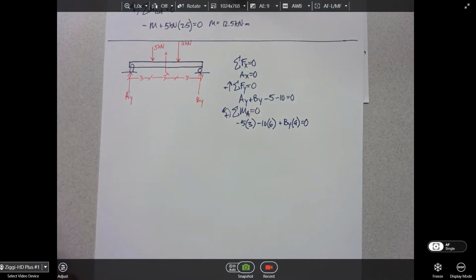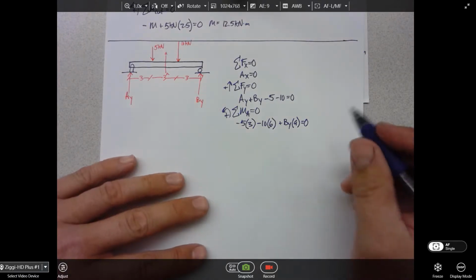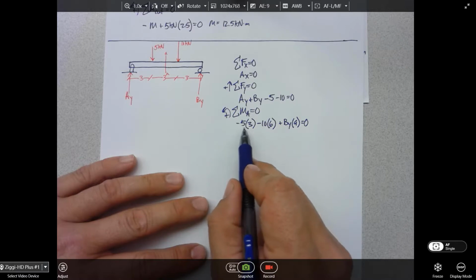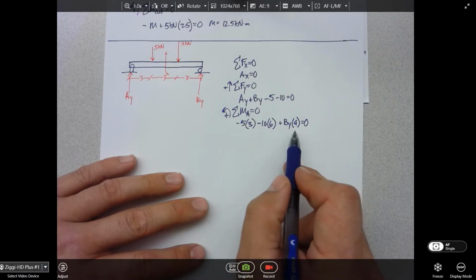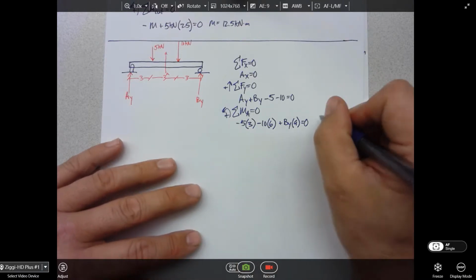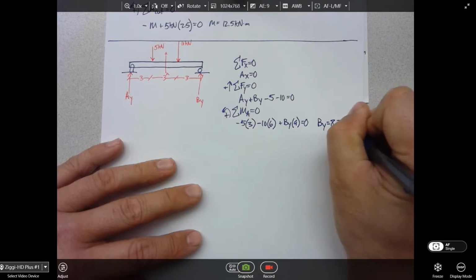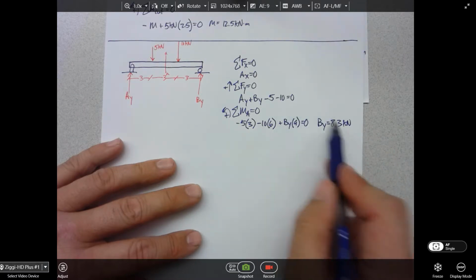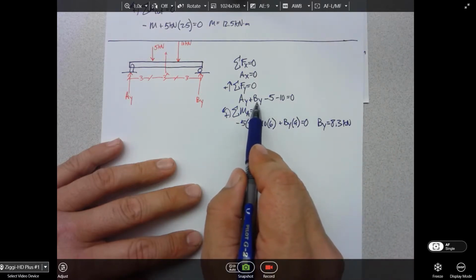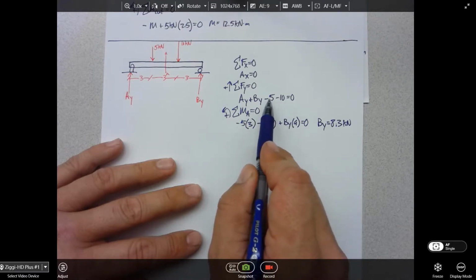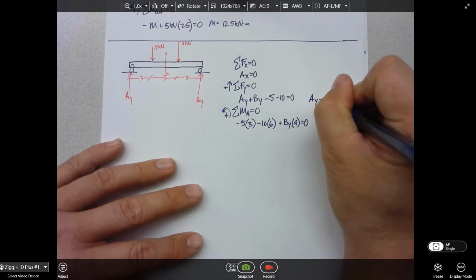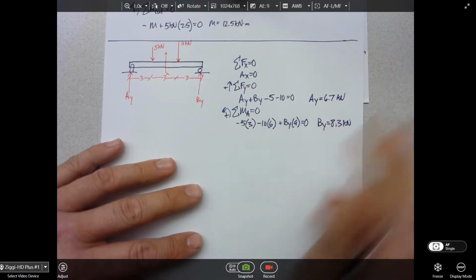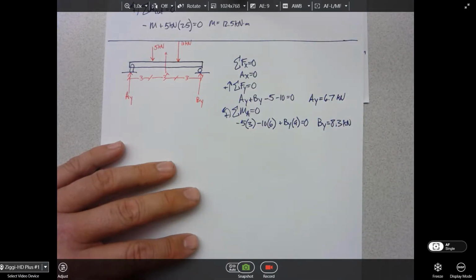Did you all get some equations like this? That's 11, not 10. And let's see, we could solve for BY: 15, and 60 is 75. 75 divided by 9 is going to be like 8.3. Right. So then 8.3 comes up here. We'd have 1.7, 6.7 is AY. Right? Everybody good with that?